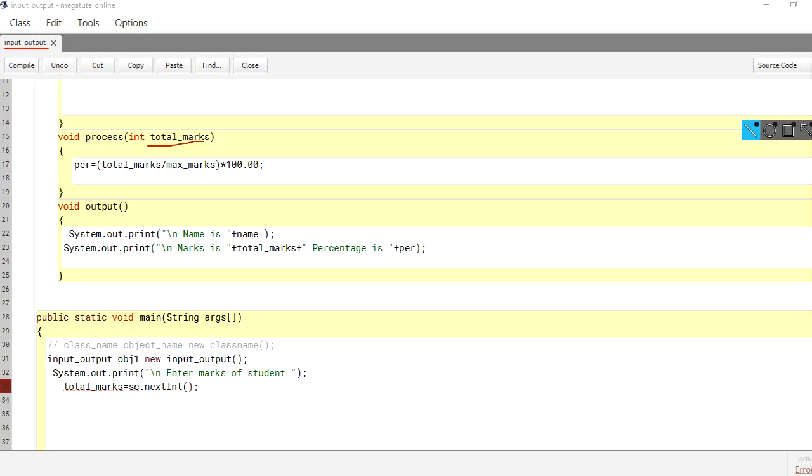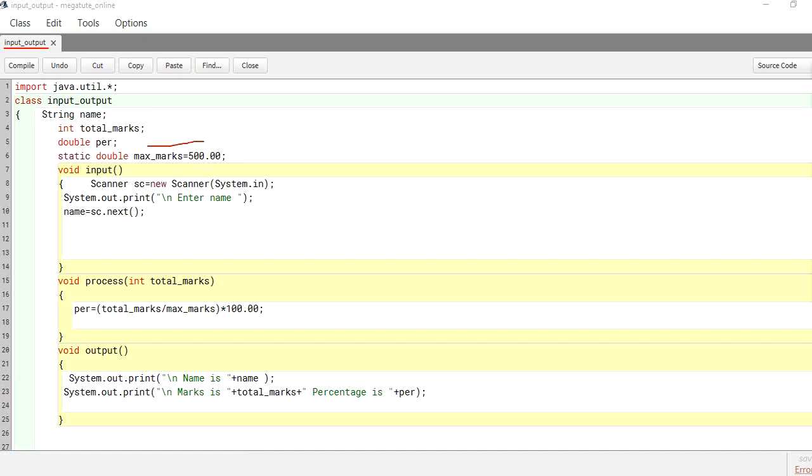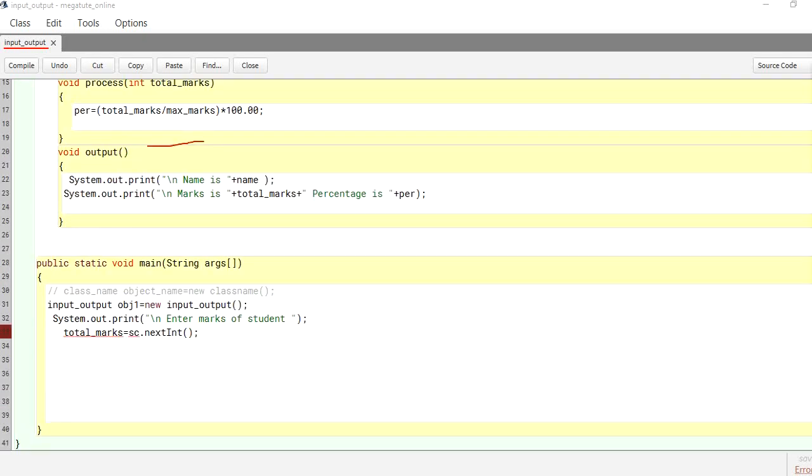Okay, I think that makes sense now, right? So I have removed the total marks input statement from here, and kept it in the main function. Now if you observe over here,